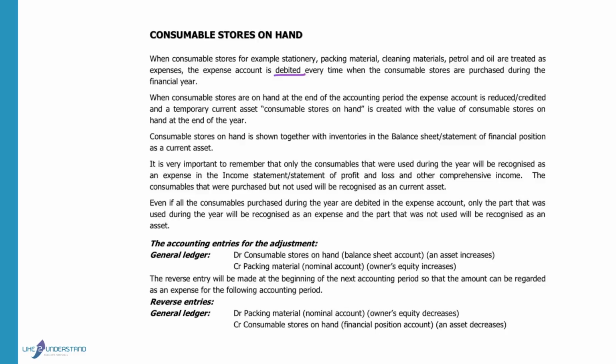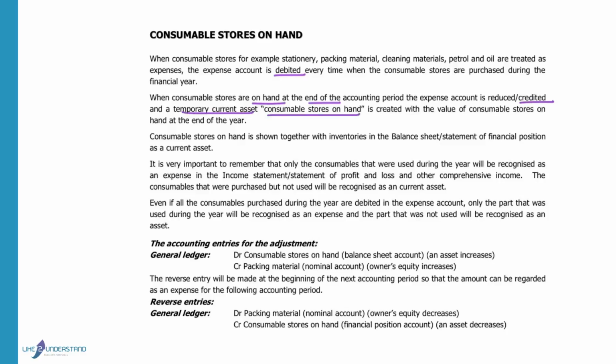When consumable stores are on hand at the end of the accounting period, the expense account must be reduced. That means so that we can take the actual stationery or packing material to my profit and loss account to show what was the actual expense during the year. That is the amount that was used. To reduce the expense account, it must be credited, and we will create a temporary current asset account, consumable stores